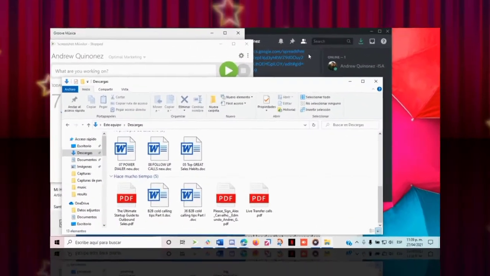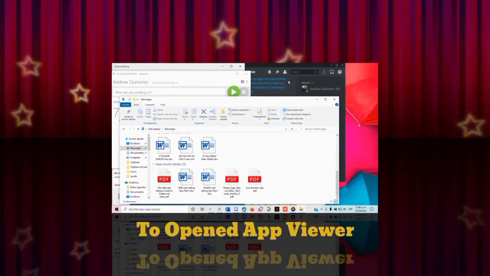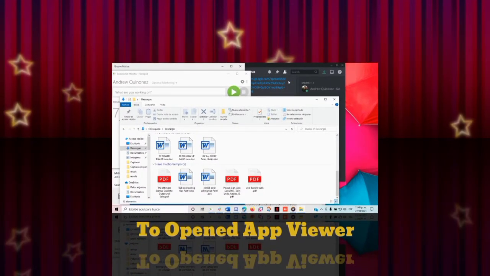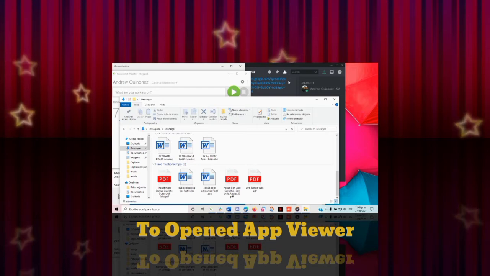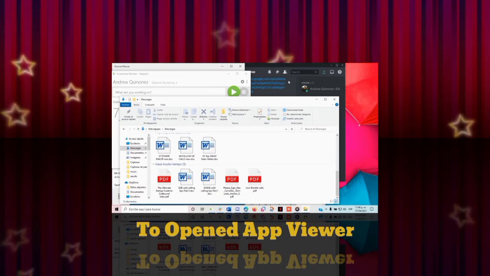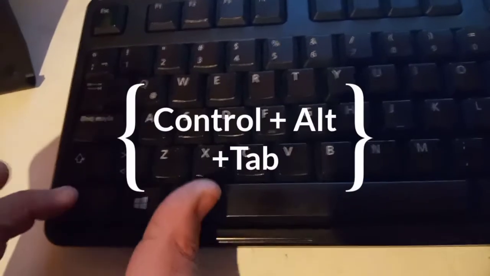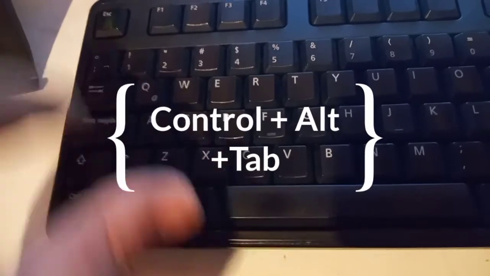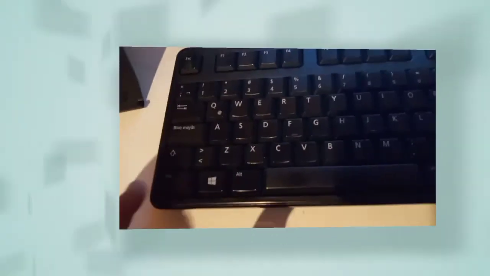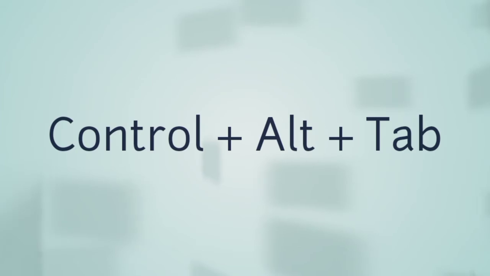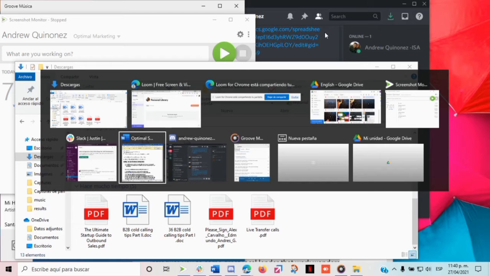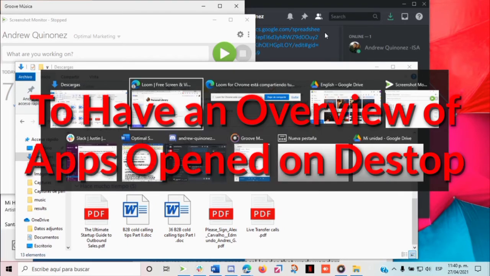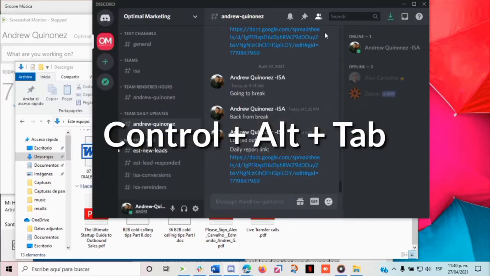This next one is actually kind of cool. Once again, when you have a lot of apps and programs open, if you'd like to have an overview of everything that is open on your desktop, what you have to do is use the next shortcut. You press the Control key, the Alt key, and the Tab key. It'll give you an overview of all of the different apps that are open on your desktop, and you could shift through them with the left and right arrow keys. And when you find one that you would like to go to, just press Enter